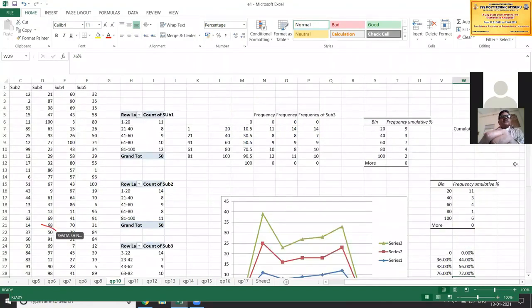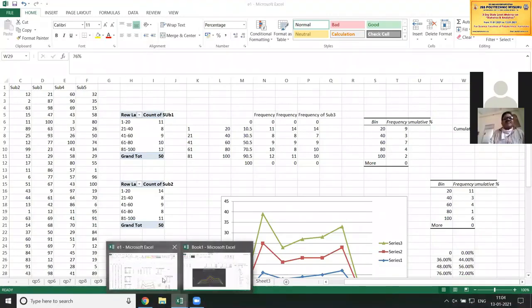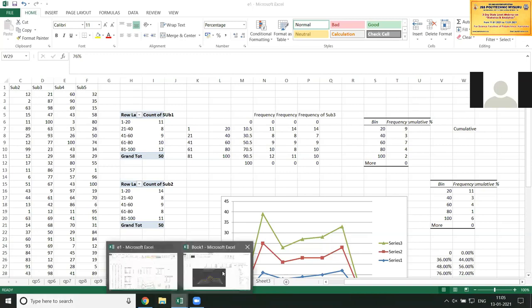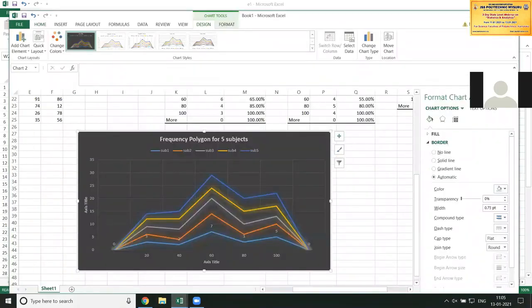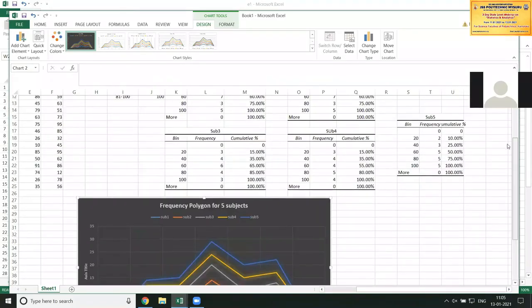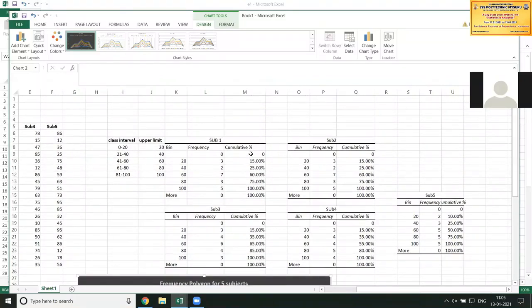Okay. So now we are going for second step, that is frequency curve. So to have the frequency curve, our next step is we have to take the cumulative value. So now I'm going to, as I have taken the frequency value to draw the frequency polygon, now I will take the cumulative frequency value to draw the curve.